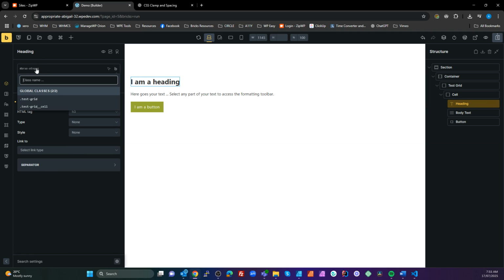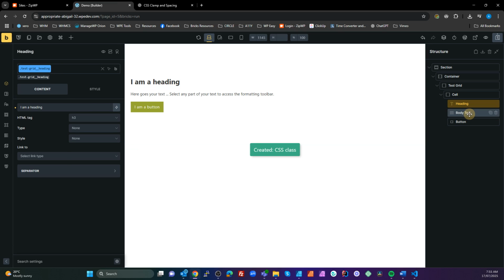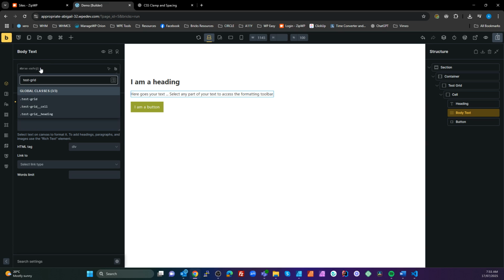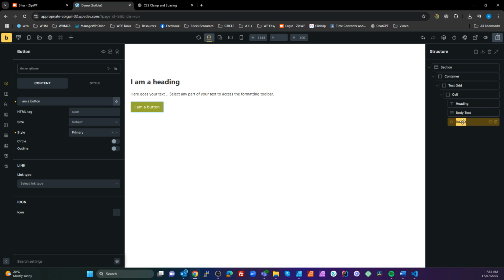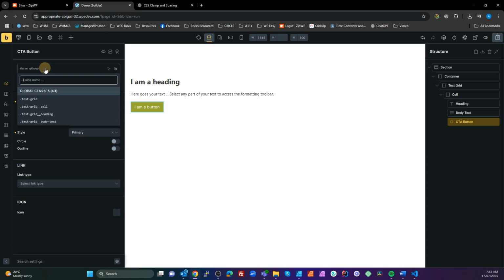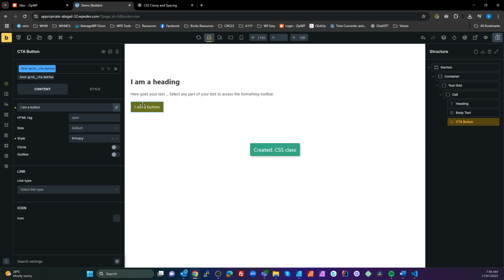Create that as a heading. So we're just creating classes based on BEM methodology. Body text. And actually, I'll call that CTA button. All right, so we have a structure there, and now we can go back to this, go to our test